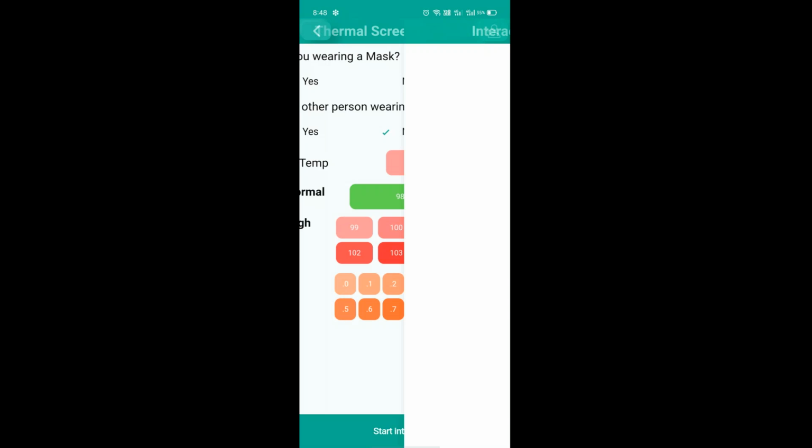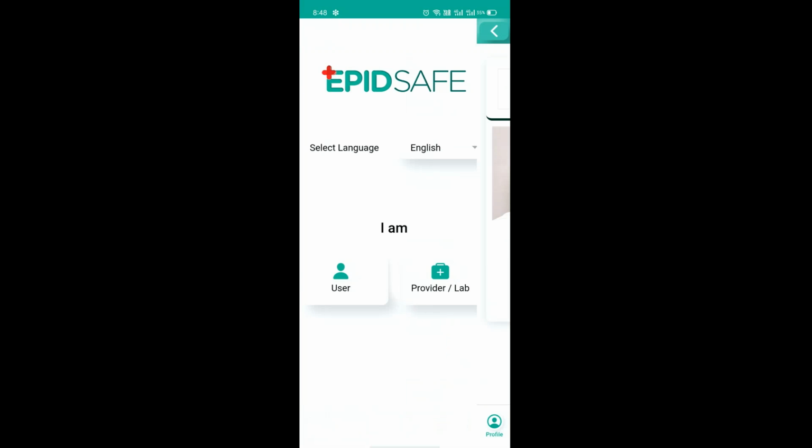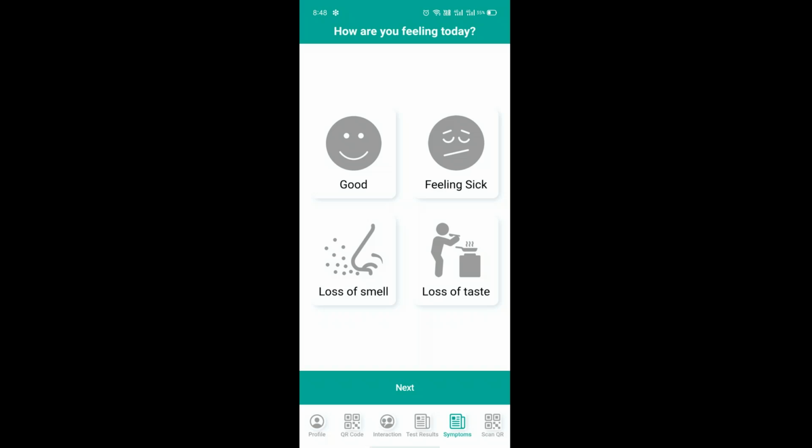So the idea here is it's a self-logging mechanism right now. We are giving the user the option to log the interaction or not log the interaction. We're not forcing it on them. And the reason being that users might want privacy. So if you or one of your friends is meeting in a restaurant and you don't want to disclose that interaction, that's up to you to disclose or not disclose, right?